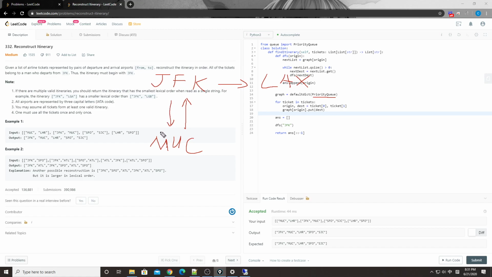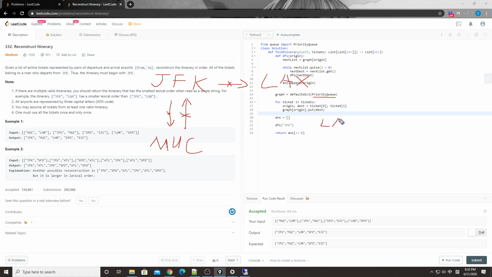Then it will come here. Oh, it's Munich, the MUC airport. Does this one also have edges? Yes, it still has this one, so we'll also follow this one and go back here. So this one is gone, this one is gone, and then we follow back to JFK. And we see JFK doesn't have anything. Remember, this one was also removed after we traversed to LAX. So now JFK doesn't have any outgoing edges, so now we add JFK